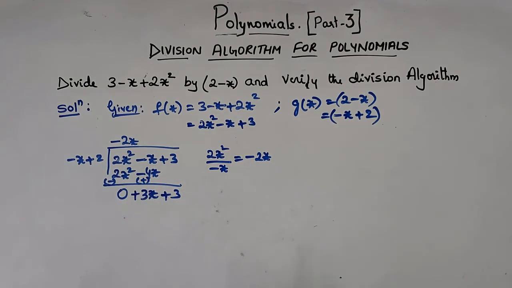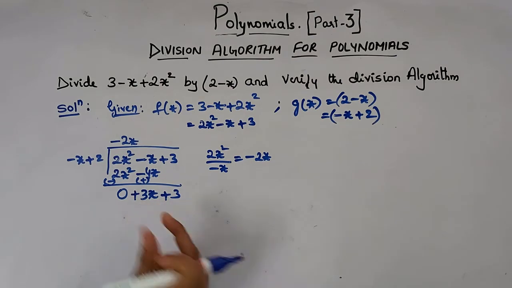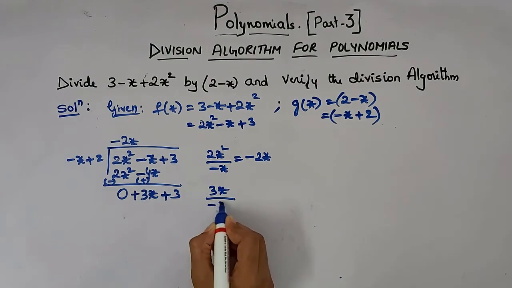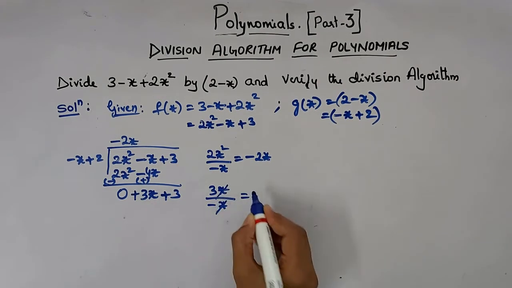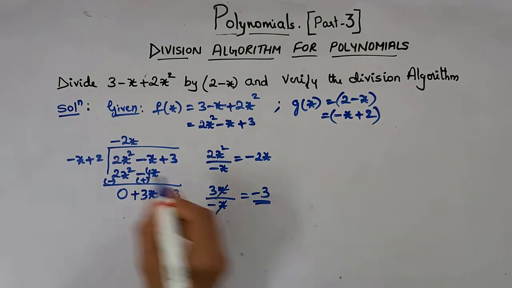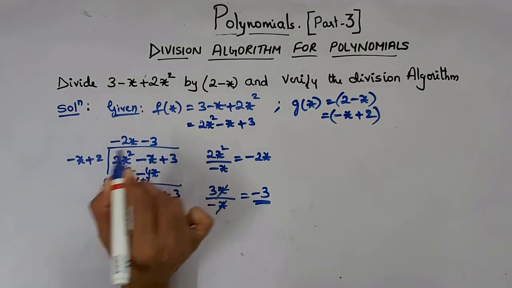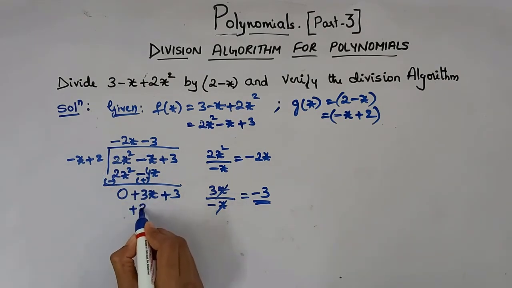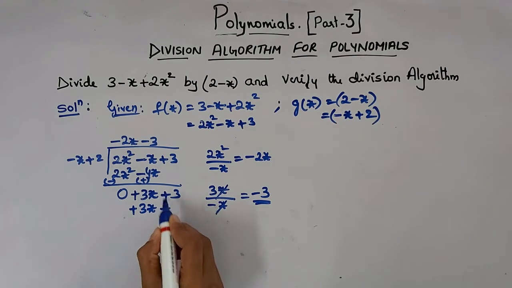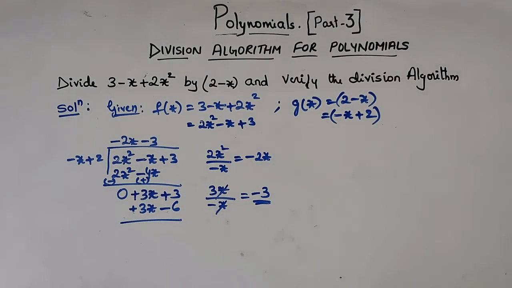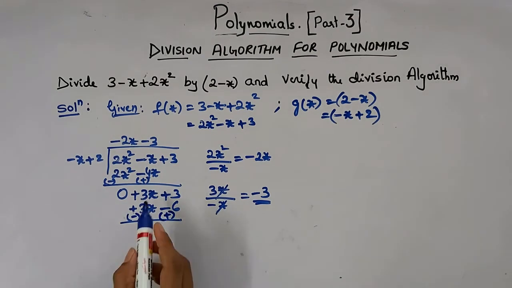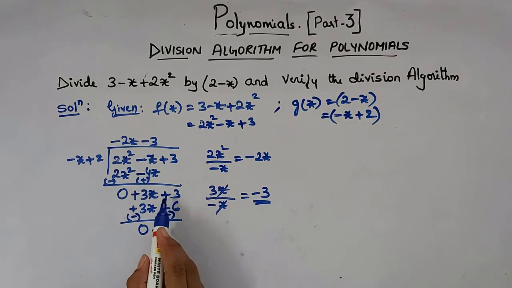So you have to continue this. Again you have to make the first term of the dividend 0. That is 3x by first term of the divisor, that is minus x, right? So x is gone, so we are left with minus 3. So write minus 3 here. Now multiply minus 3 to this divisor. So minus into minus will give you plus 3 into x is 3x, plus into minus is minus 3 twos are 6, right? So when you have plus, change it to minus, and when you have minus, change it to plus. So this will be 0. So plus 3 and plus 6 will give you plus 9, right?